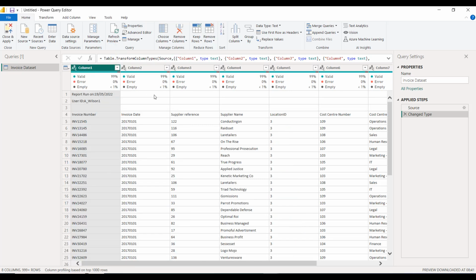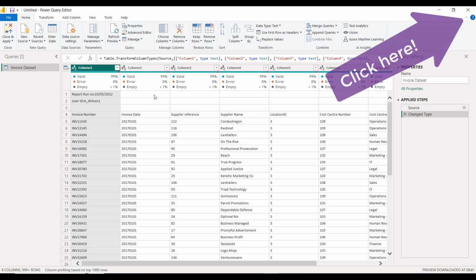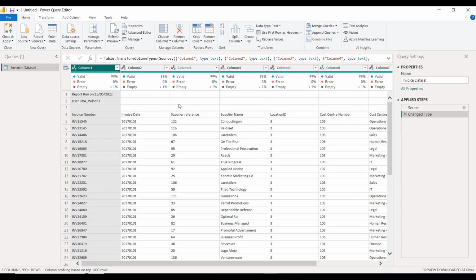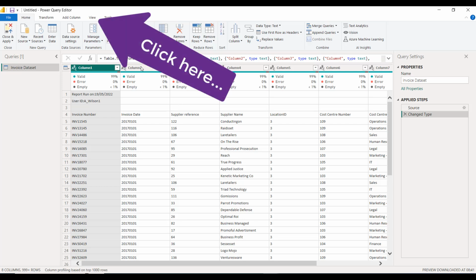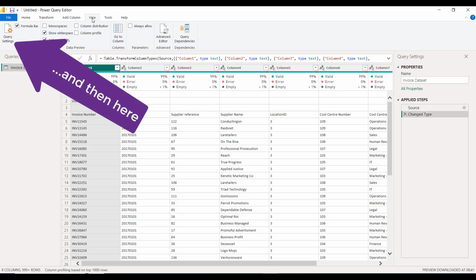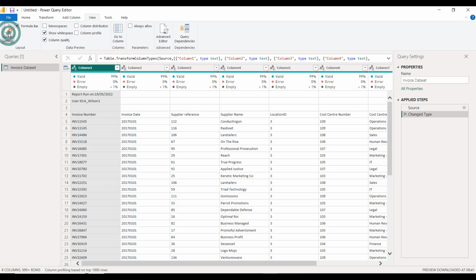The same goes for the Power Query ribbon. You may have a smaller version of what we see on the screen here, and you can reveal or hide the Power Query editor's ribbon using the arrow in the top right-hand corner. Next, if your Query Settings pane is not currently visible, then you can reveal it by clicking on the View tab at the top of the screen, and then clicking on the Query Settings button in the Layout section of the ribbon on the left-hand side. You can also view or unview the formula bar.